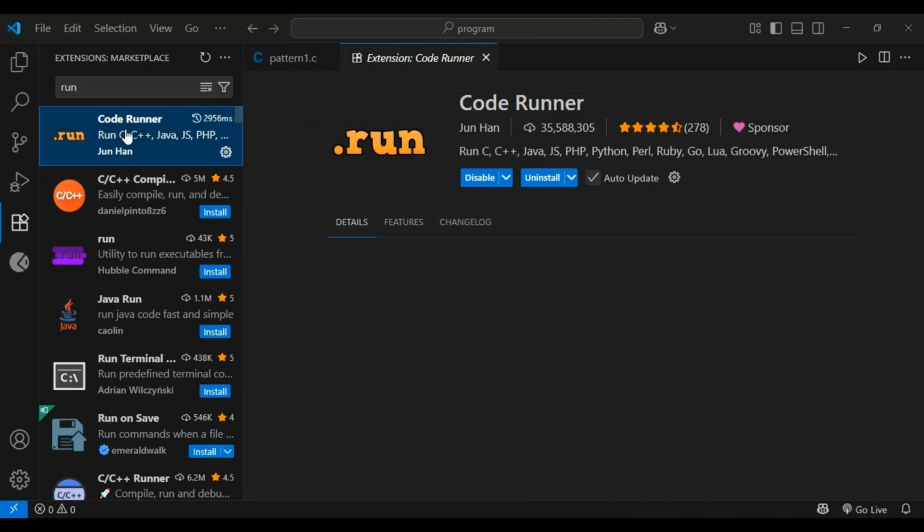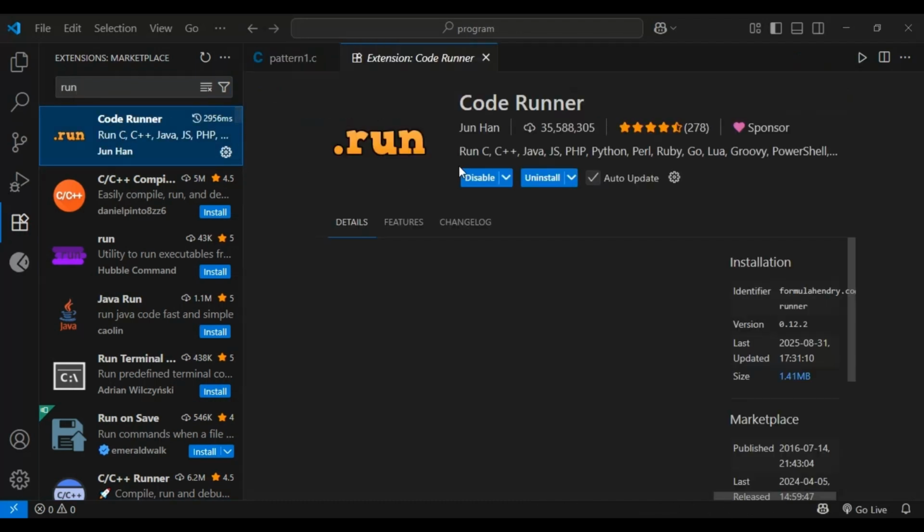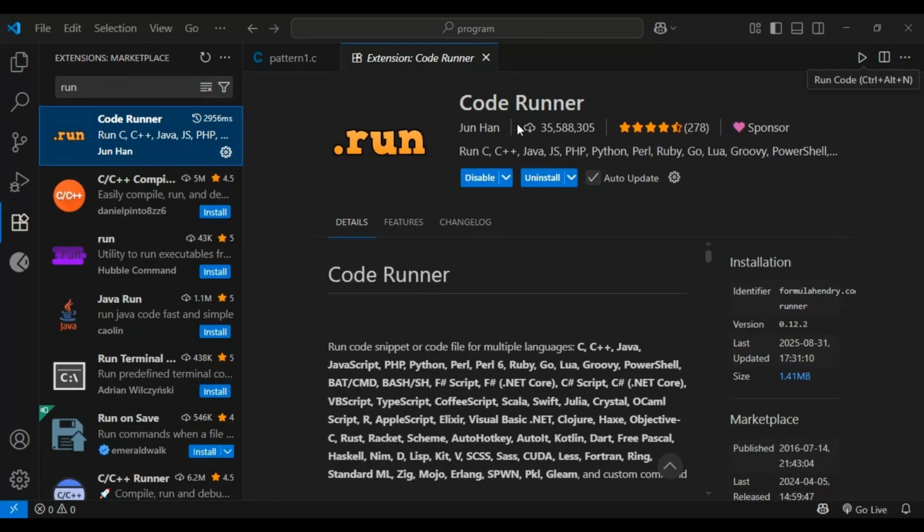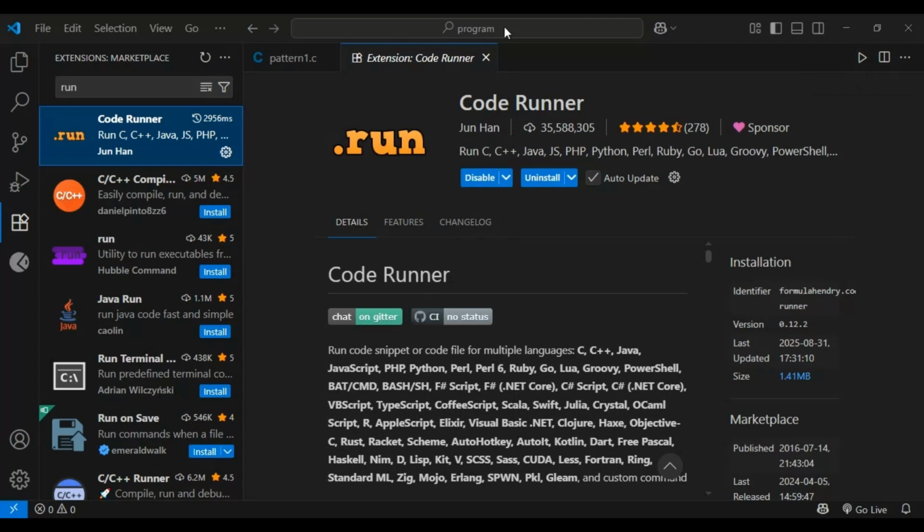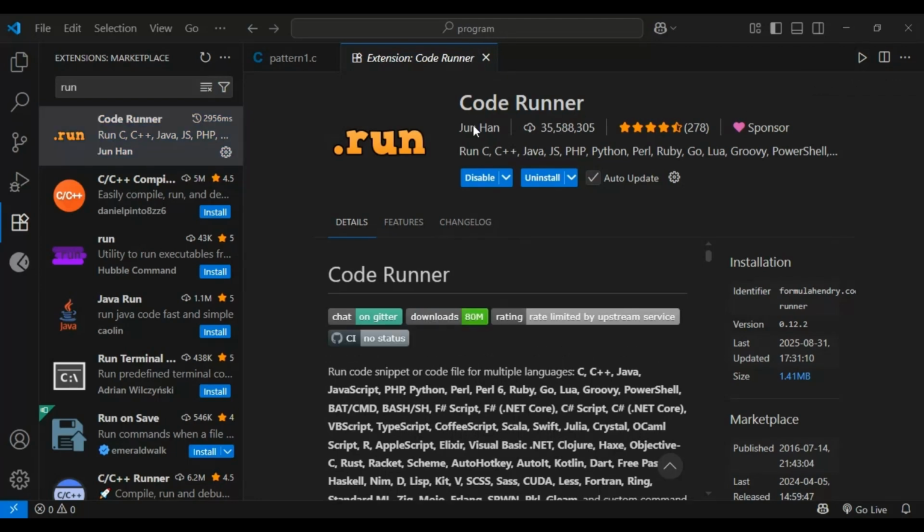I recommend you download this extension because after downloading it, you will get this run button over here. By pressing it, you can run your C program very easily by just clicking on it, and you don't need to write anything in your console. So it will be very helpful for you.